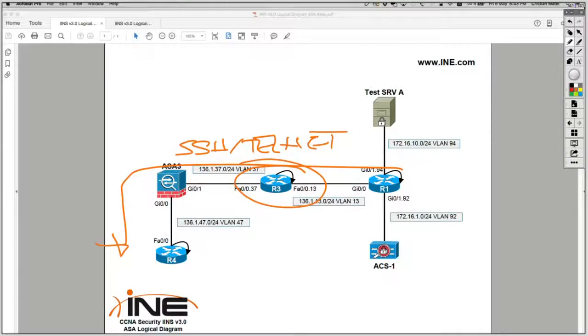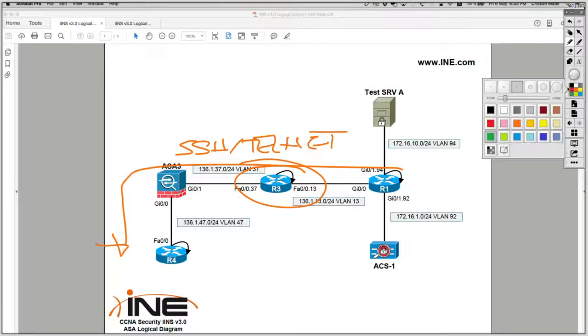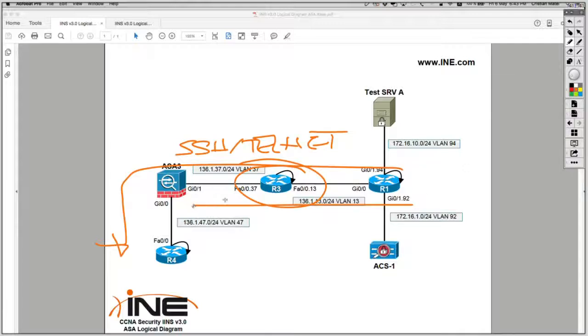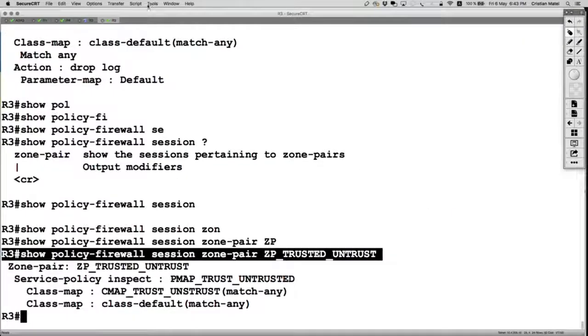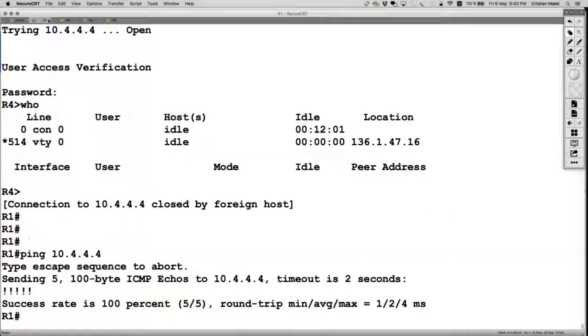But other traffic flowing in that direction, like ICMP, should be dropped by the firewall policy because it's going to match on the class default with a drop action. So let's go on router 1 and Telnet to router 4,